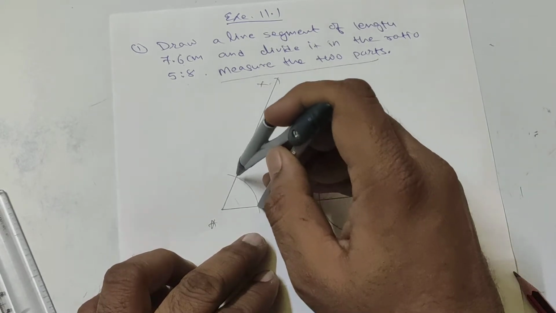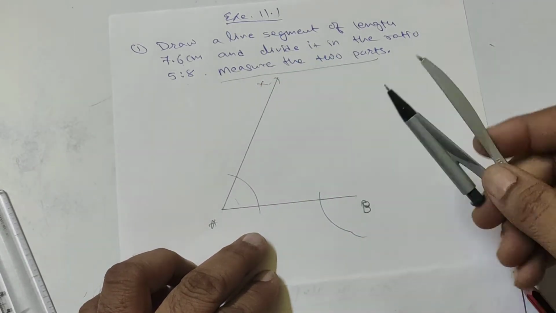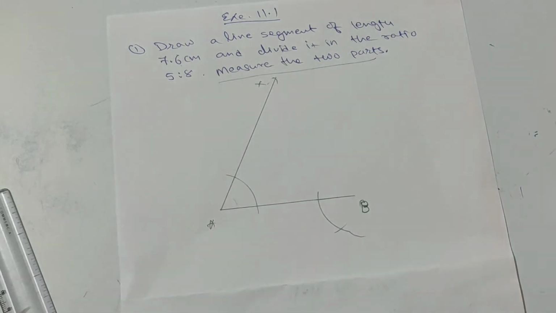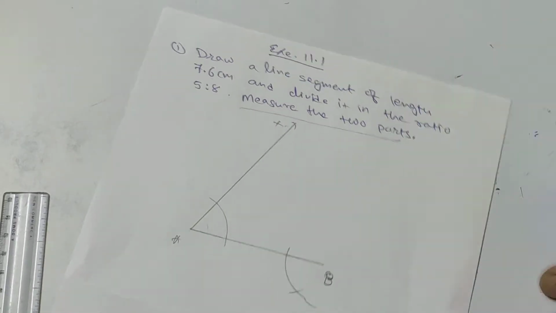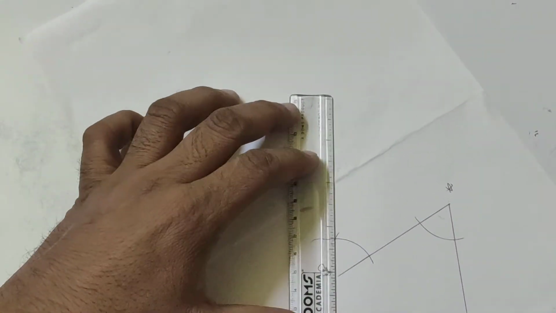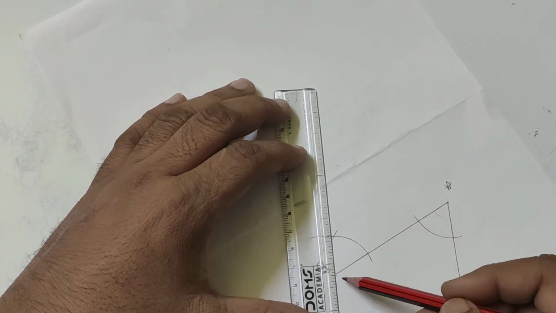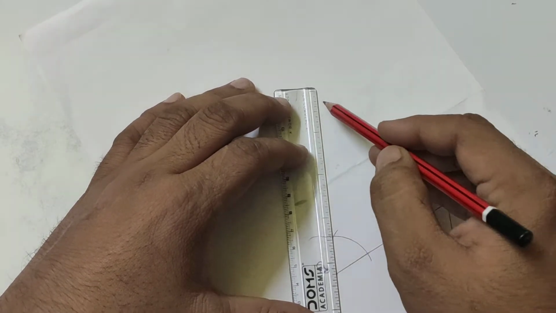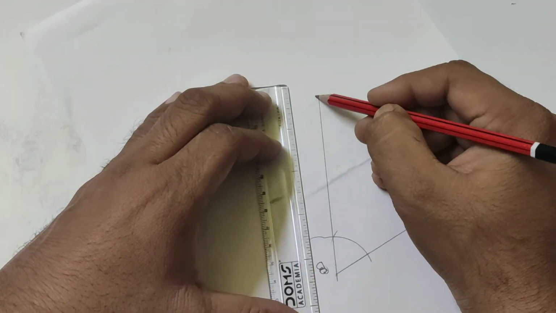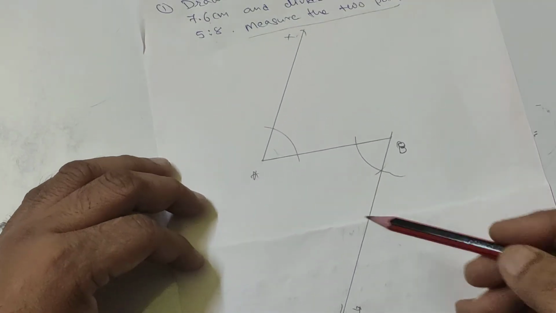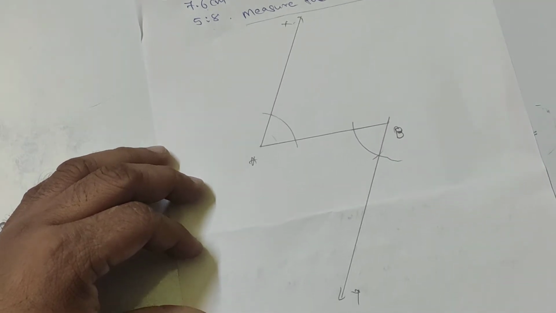Now you measure this angle and construct the same angle right here. So I'll get another ray making the same angle. I can turn my page, you too can do so, and join these 2 points, leaving this and this ray to be parallel to each other. So here's my second ray. I'll call this ray AY. I hope you must be able to see this. So ray AX and ray BY.